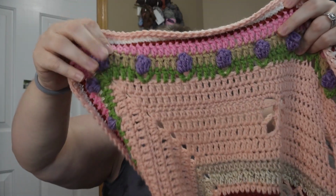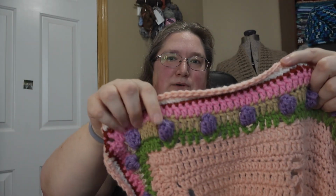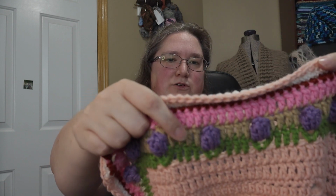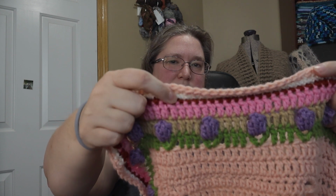I believe when we stopped, I had made these purple flowers, and then I did this row to fill it in. I feel like these rows...